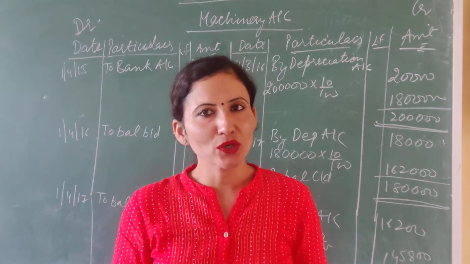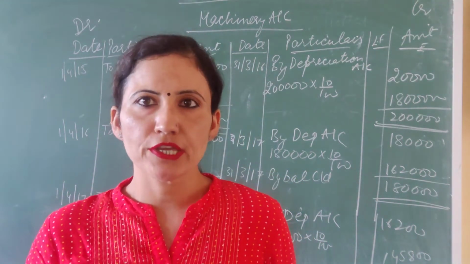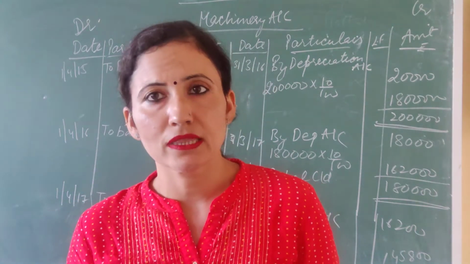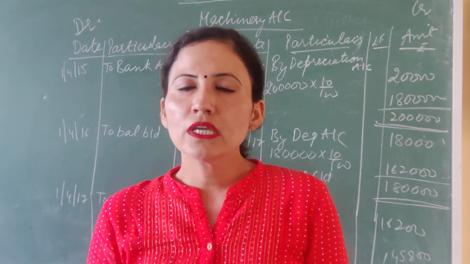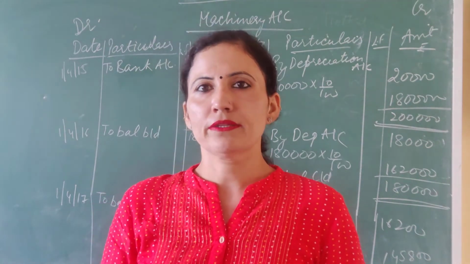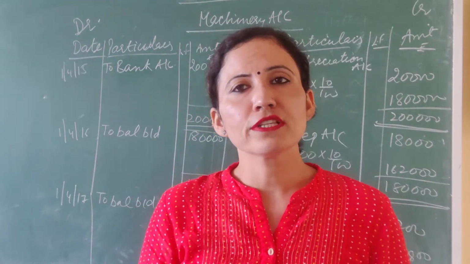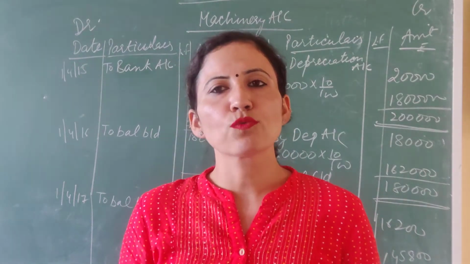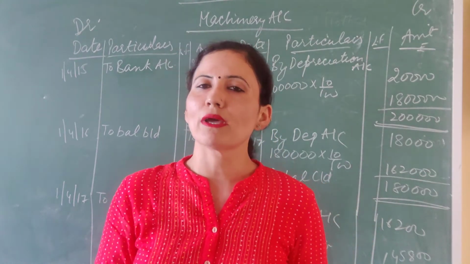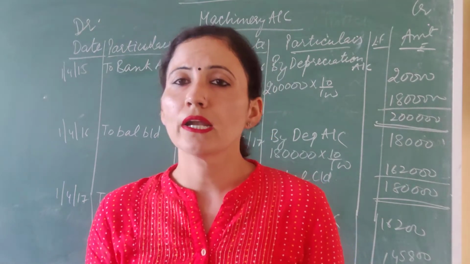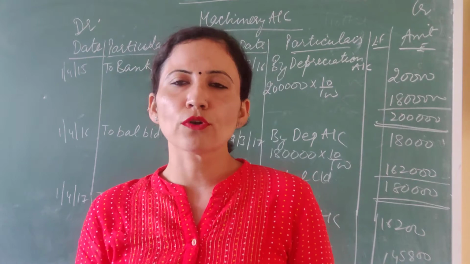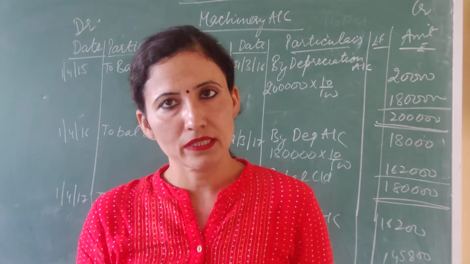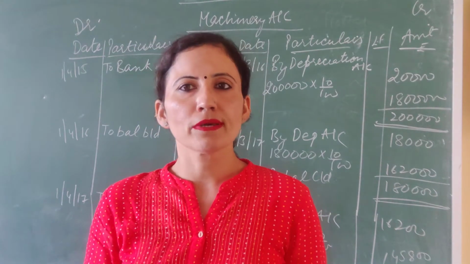Yes, students, now we are going to start our next method of depreciation, which is known as the written down value method or reducing balance method or diminishing balance method. These three are the same name of one method, which is the second part. The difference from the previous method, the straight line method, is that in the last method the same kind of depreciation was charged year by year, and in this method the depreciation would be charged differently. That is why it is known as diminishing balance method, because the amount of depreciation diminishes year by year.